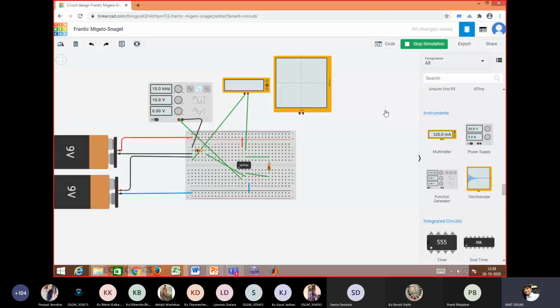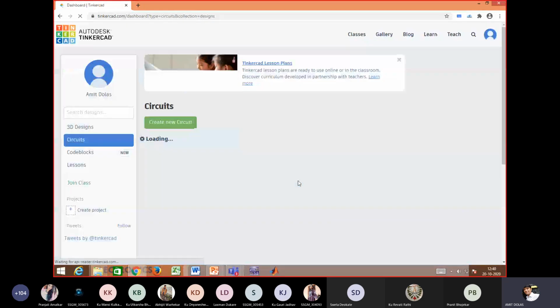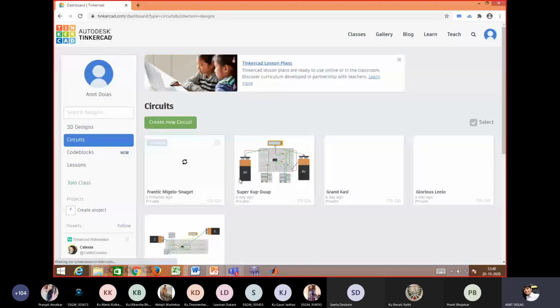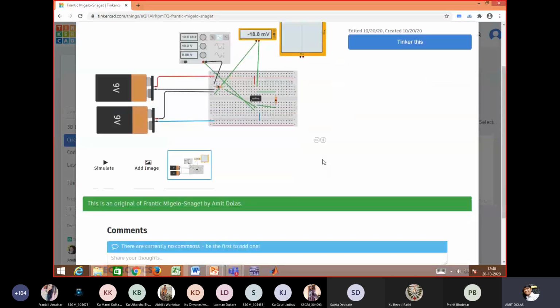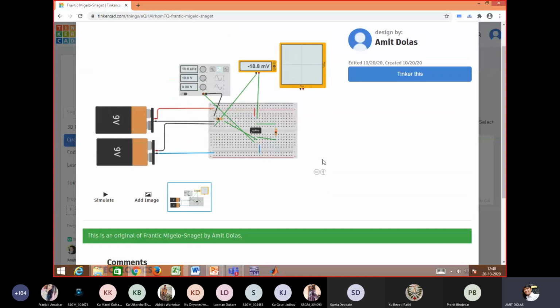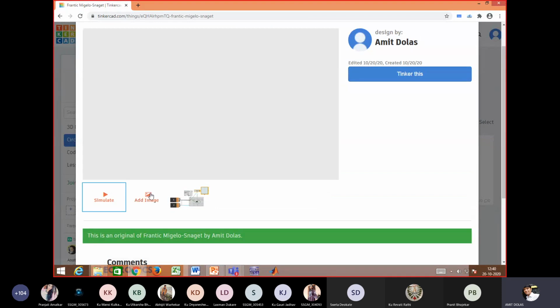What I will do, I'll reopen this circuit. Right now I'll stop this simulation. I'll go to the circuits again and I'll reopen this. So where is our circuit? This one. Okay. I'll simulate.